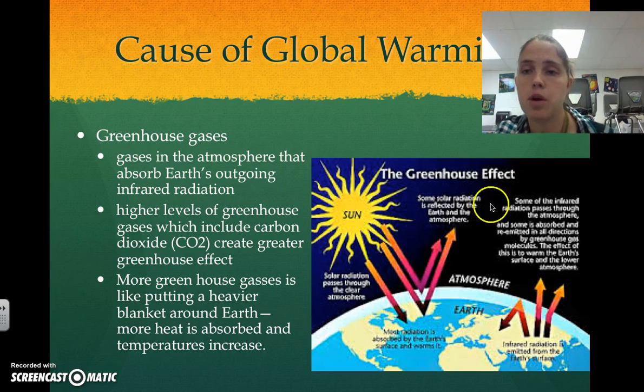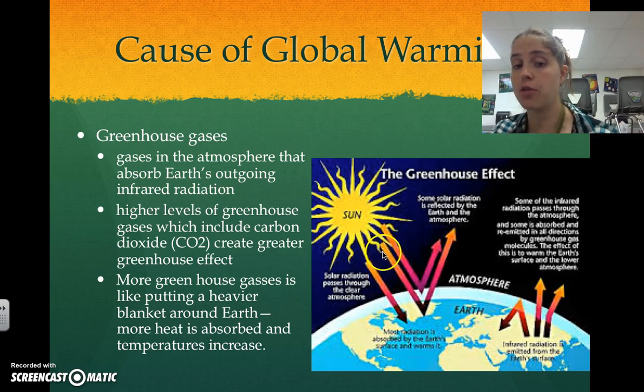So the cause of global warming, why is it happening? We talked a little bit about greenhouse gases. These are gases in the atmosphere that absorb Earth's ongoing infrared radiation. So you know the sun shines. We talked about radiation, how radiation gets down into Earth, and then it's going to be absorbed by the Earth's surface, especially if it's land. So it can be absorbed, reflected,